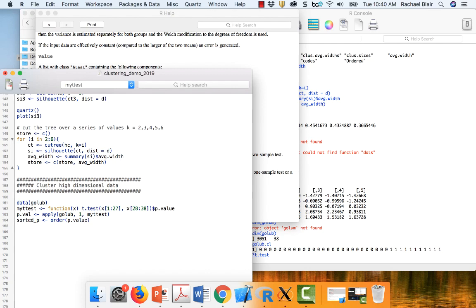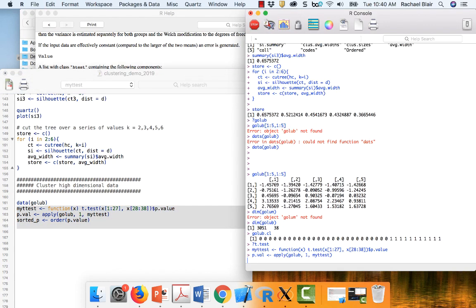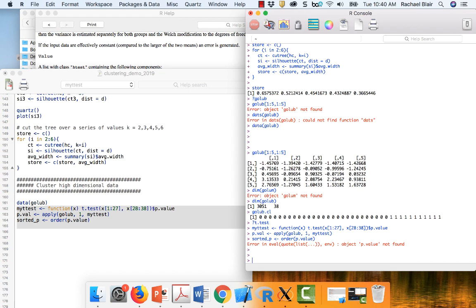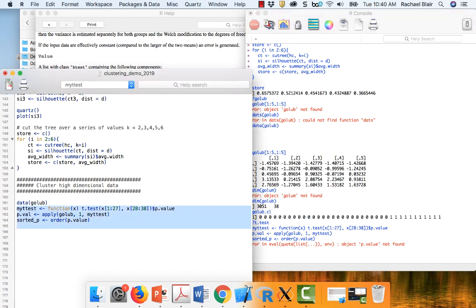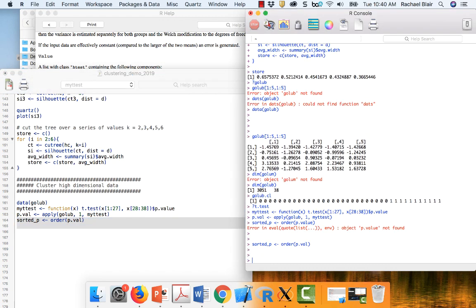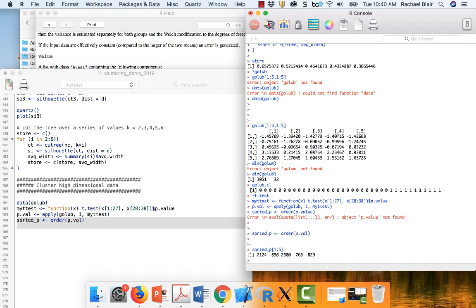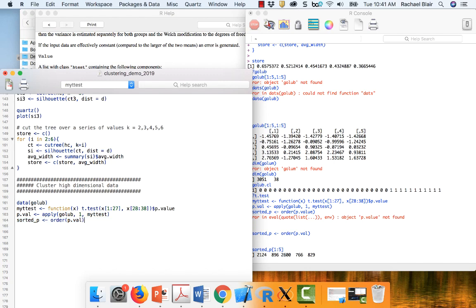Okay, so let's just take a look. Let's see what this looks like. Okay, oops. P-val. Okay, so sorted p. Okay, so these are ranked in order. This means this is the smallest, this is the next, and so forth. And what I want to do here is I just want to grab the most significant ones. So this is one way to kind of